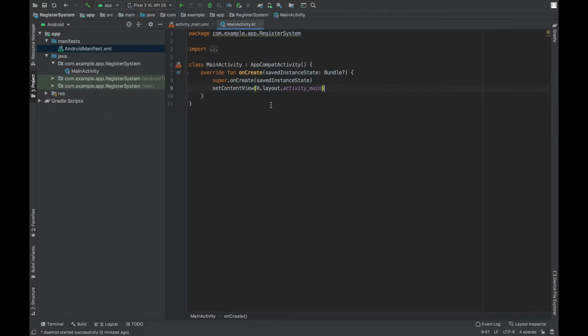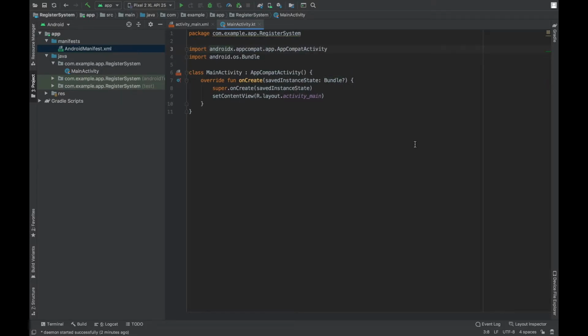Okay, so this is the basic Android app. Here you have package name, and click on these three dots, that is the import, the necessary files we are going to import for this project. You can click on this plus icon or click on these three dots and see all the necessary files that have been imported by Android Studio by default in our project. So here you have class main activity, okay, which extends app compact activity.